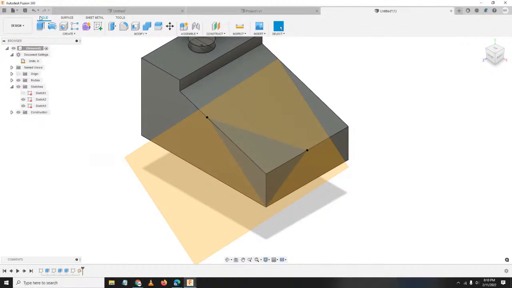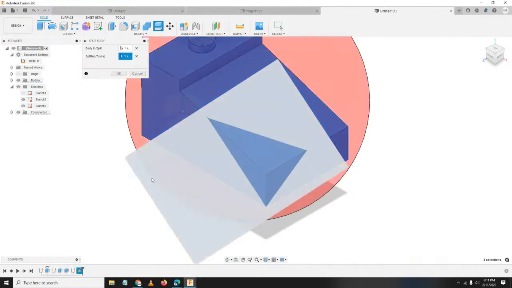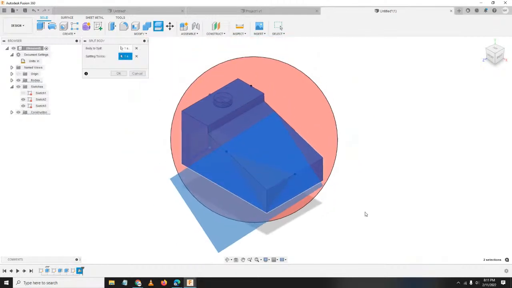So ngayon dahil nasa solid tayo, design shortcuts yung lumabas. Okay? So typing SPLIT. Yan, split body. So, body to split, ito, yung splitting tool natin ay itong plane. Okay? Ganyan siya. And click OK.